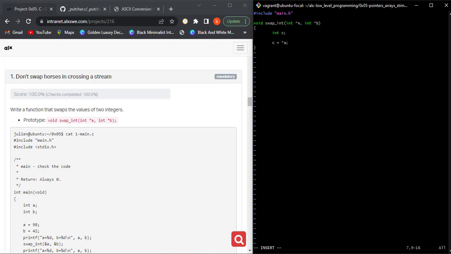Since I already have a copy of a, I've stored the value of a in this variable c. If I say a equals b, then the value of a will be overwritten, and I won't have a copy of it. So that's why I'm creating a copy of it in this variable here, right? So now I will just say